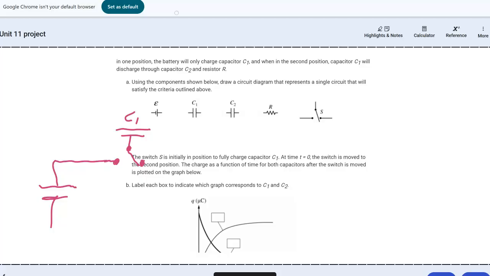And then so this would be only charges, so then it would be in discharge. So this would be position 1, and then when in position 2,